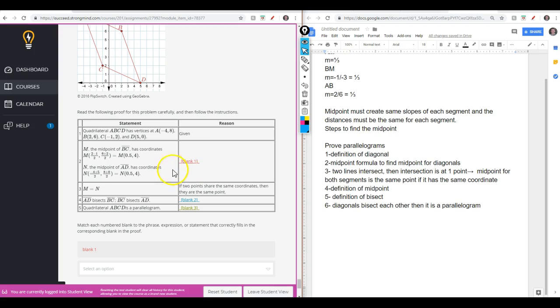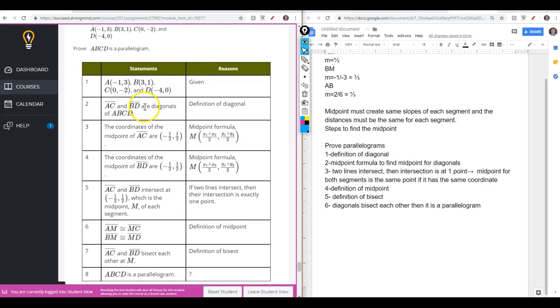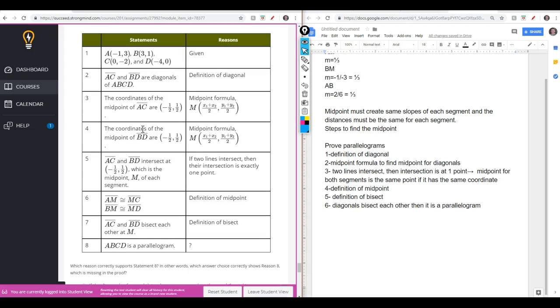So I'm just scanning this and I'm noting that these are the reasons and these are the statements. Very similar to how the question under concept C is laid out. So these are the statements, these are the reasons. If you wanted to, you could write this all down. I had done that. I just wrote down all of the